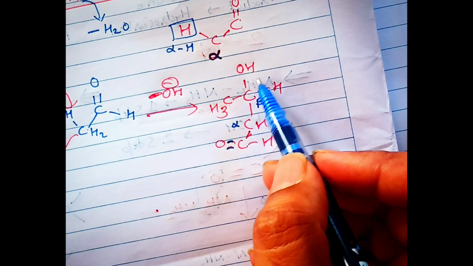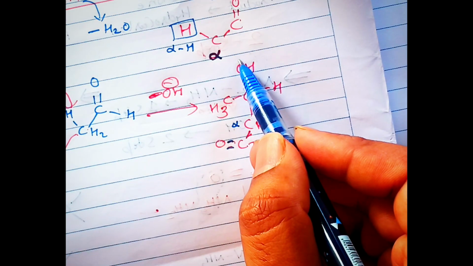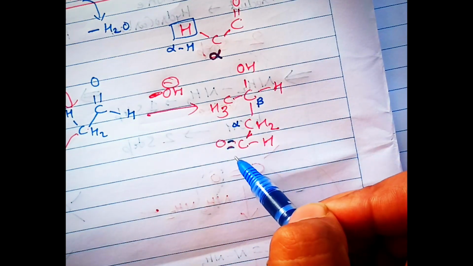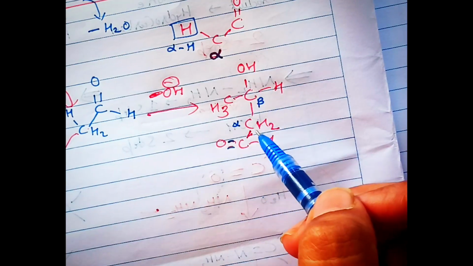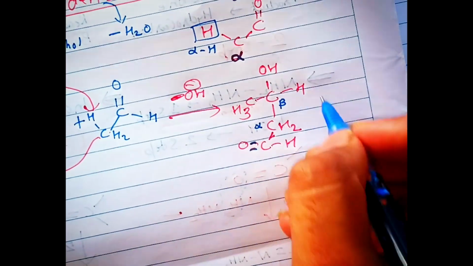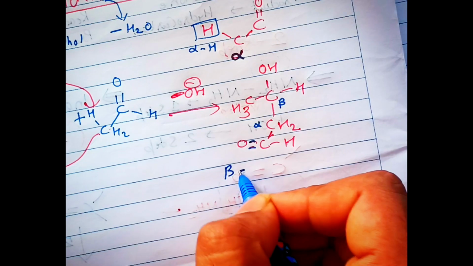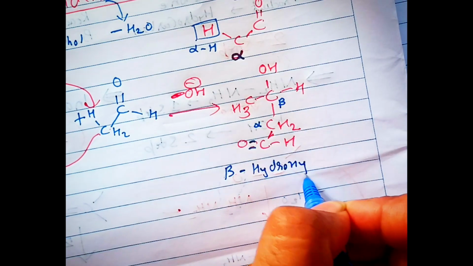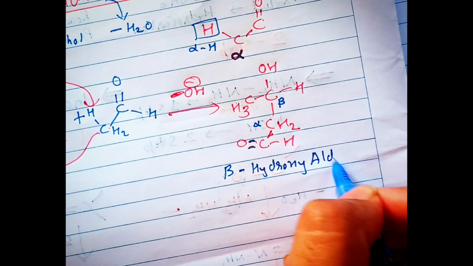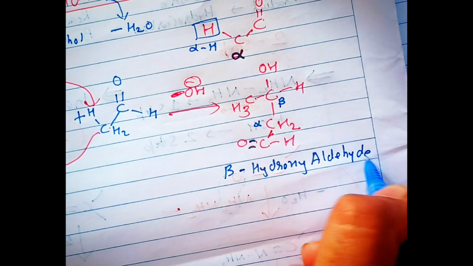For beta there is a hydroxyl group, and then there will be an aldehyde. So beta hydroxyaldehyde. So this is called what? Beta hydroxyaldehyde, which will be